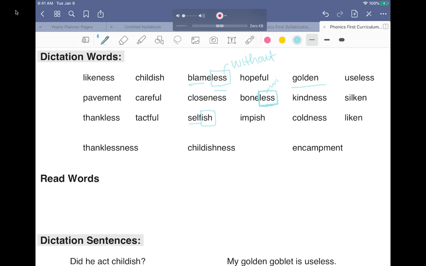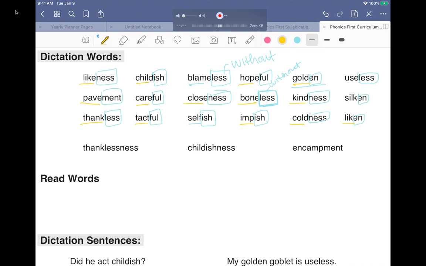We know less means without. So if it's boneless, that means there is no bone, okay? So anytime I come to a word with a suffix, I can box it because I know it will always say its unit of sound and it will always mean the same thing at the end of the word. So you see how I can box all of those in, and everything that is not boxed is a word by itself: pave is a word by itself, think, tact, care, child, blame, close, self, imp, bone, hope, gold,